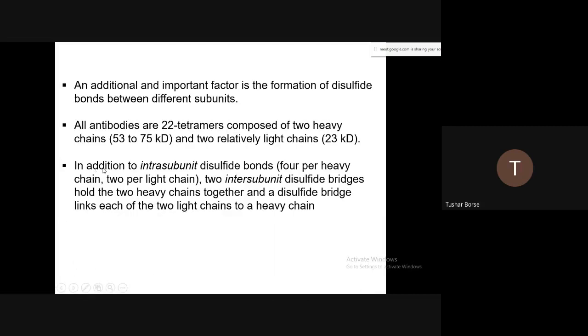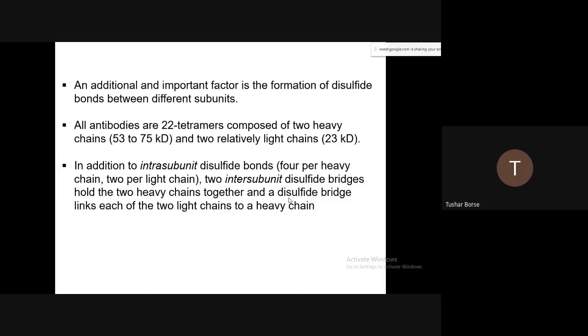Okay, so in addition to the intra-subunit disulfide bonds, you also have the inter-subunit disulfide bonds. So you might have seen that there is an interaction within the light chain and within the heavy chain. You also have the interaction between the light chain and the heavy chain. Okay, so both the types, that is intra as well as the inter type of disulfide bridges, are there, which will hold together all the subunits of the light chain and the heavy chain,